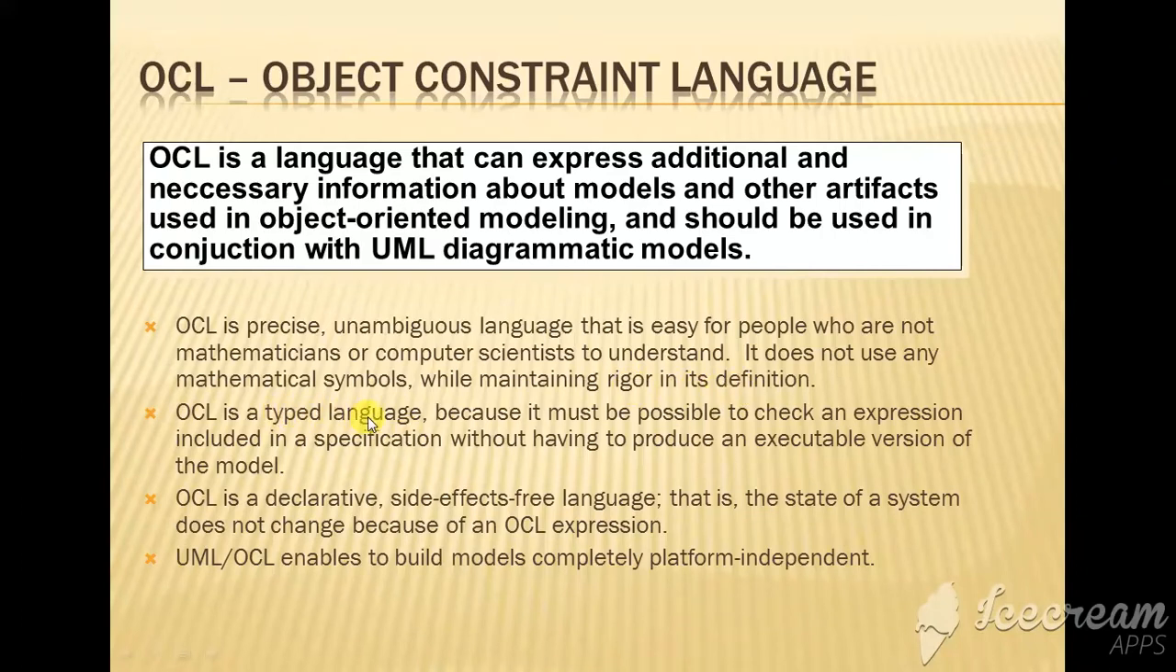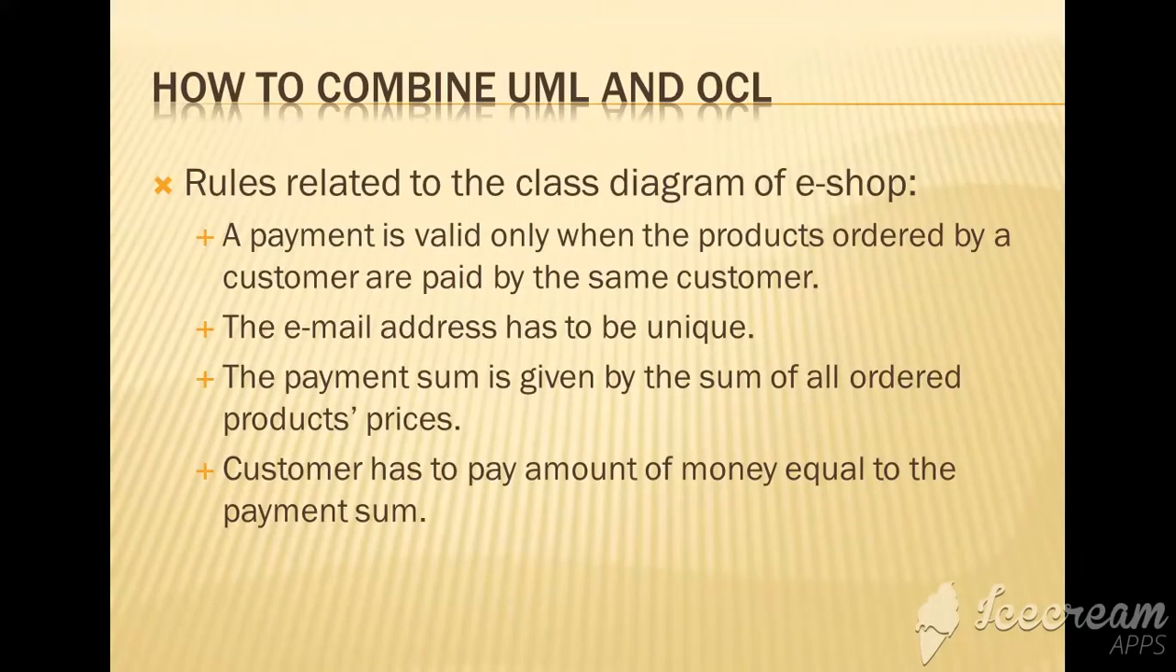OCL is a typed language because it must be possible to check an expression included in a specification without having to produce an executable version of the model. OCL is a declarative, side-effect-free language, that is, the state of the system does not change because of an OCL expression, and UML and OCL enable us to build completely platform-independent models. So how to combine UML and OCL will be useful for us now. Rules related to the class diagram of eShop, which we have already seen: